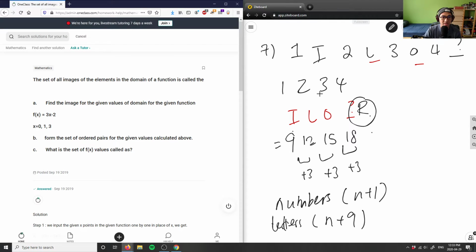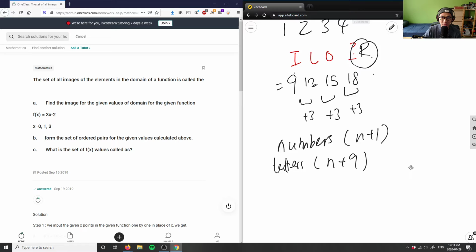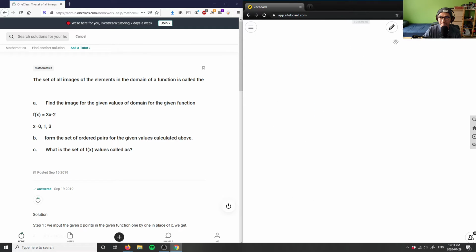So that's question 7. This is question 8 here. It's talking about the set of all images of the elements in the domain of the function is called, and then it's a multiple choice question here. So let me see. The set of all images of the elements in the domain of a function here would be